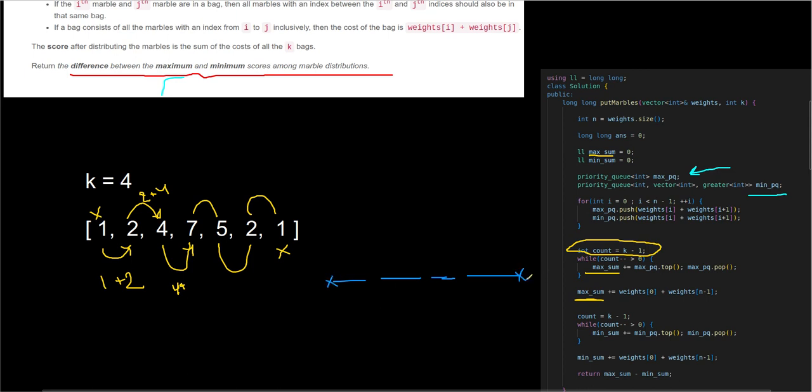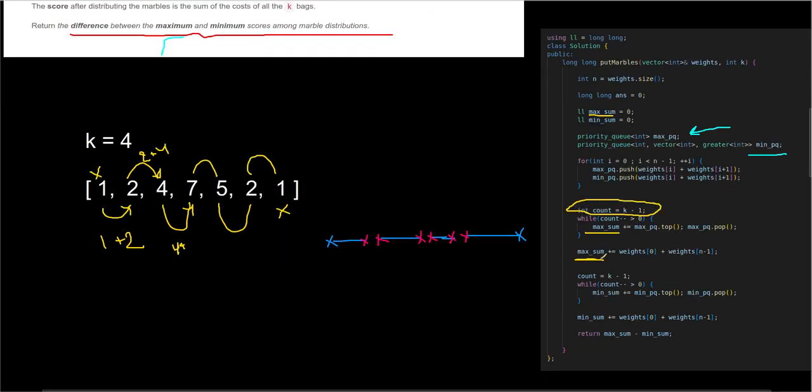These 2 are known, and so we added them to the max sum, and from the priority queue we find the best k minus 1, in this case the best 3 pairs,